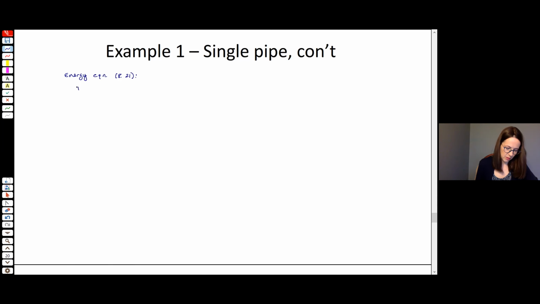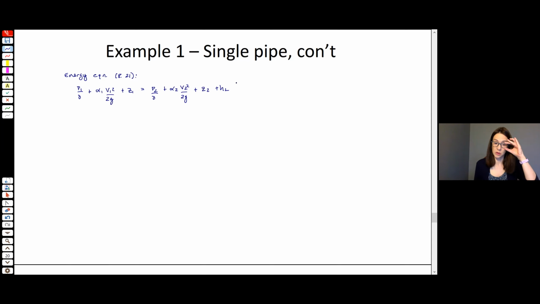And it's P1 over gamma plus alpha 1 V1 squared over 2g plus Z1 equals P2 over gamma plus alpha 2 V2 squared over 2g plus Z2 plus the head loss. Okay. Now here,